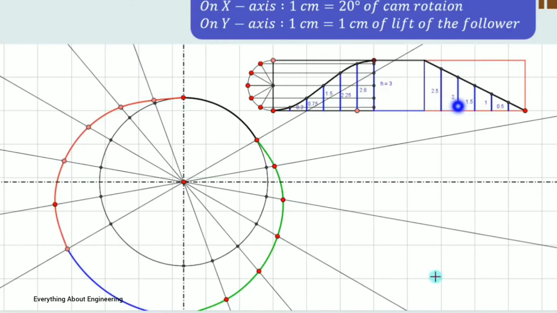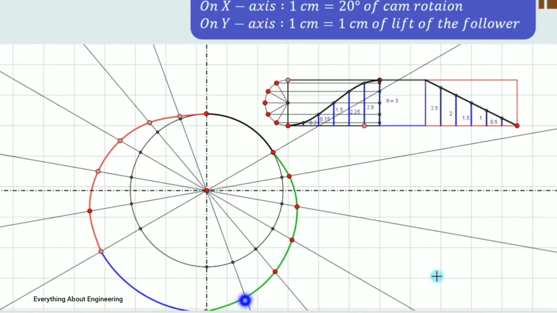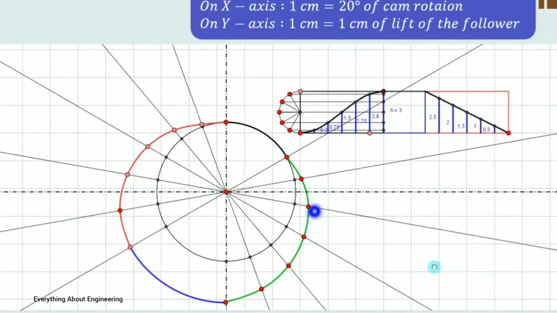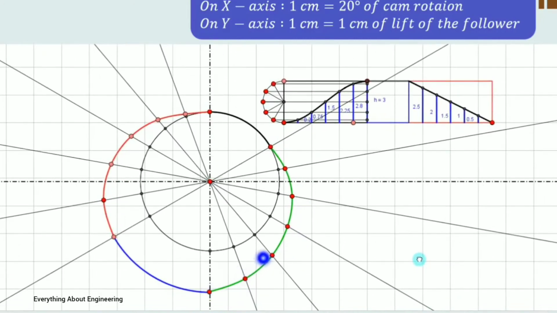3 centimeter, 2.5 centimeter, 2 and 1.5, those points are also plotted over here, and we have drawn a smooth curve, that is this particular green curve passing through those particular points. So this blue line represents the outstroke, then there is an outstroke dwell, and then there is a return stroke. So all these distances, that is 3 centimeter, 2.5 centimeter, 2, 1.5, 1.5, are all transferred over here. So this is 3, 2.5, then 2, 1.5, 1.5, etc. for this return stroke. Similarly for this outstroke also we have transferred all these distances over here.